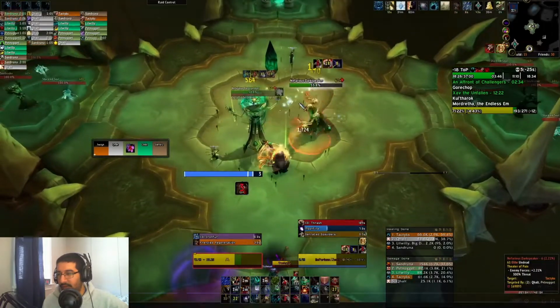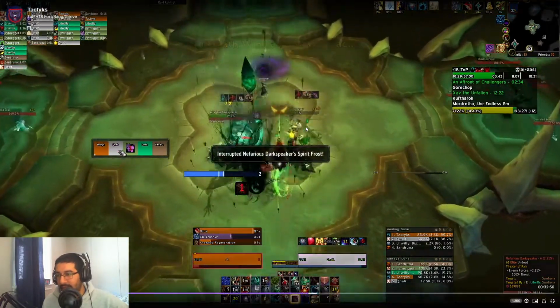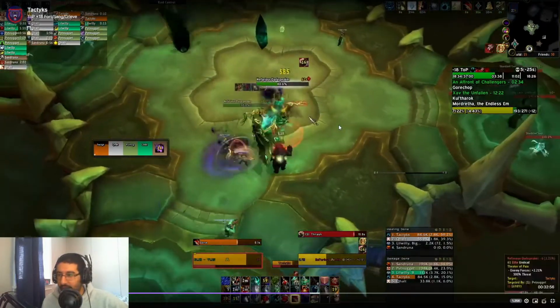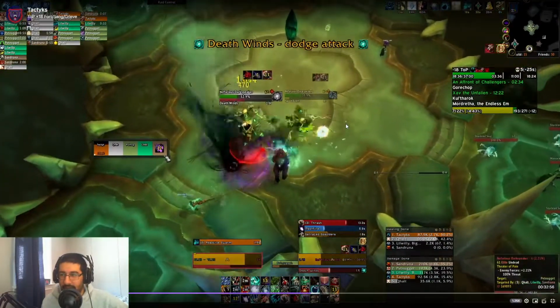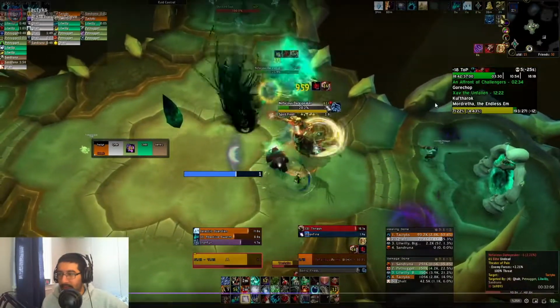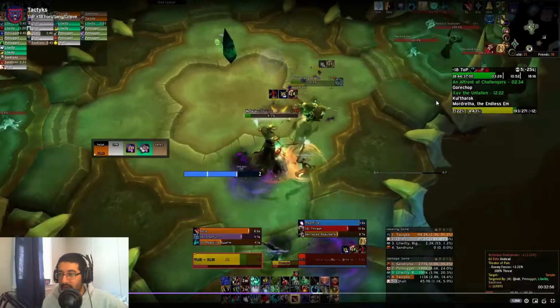Spirit Frost is not a terribly important kick. You can get them, of course. I mean, if you have enough kicks, you might as well. There's nothing else to kick here. It's just a tank hit. And we'll finish this pack off, and then we'll go into...